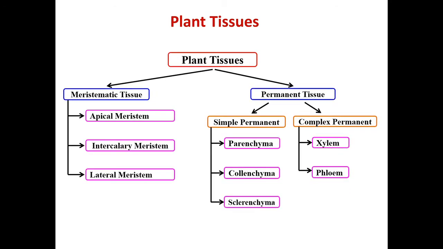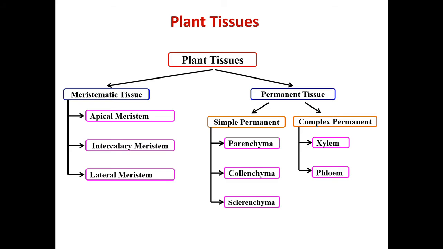Dear students, as we know, plant bodies basically consist of three main parts: leaves, stems and roots, and these parts are composed of different types of tissues. You can understand the different types of plant tissues from the line diagram given in front of you. In this line diagram, you can see that plant tissues are of two types, meristematic tissue and permanent tissue, and